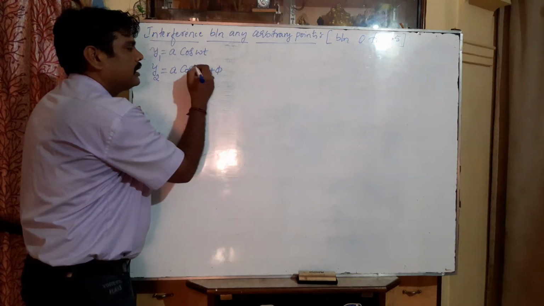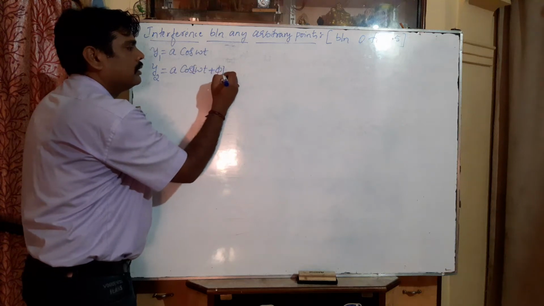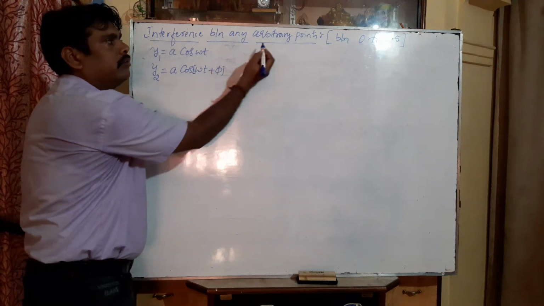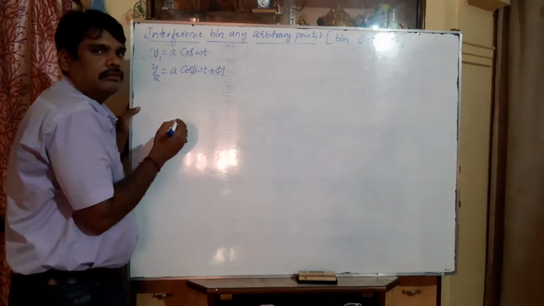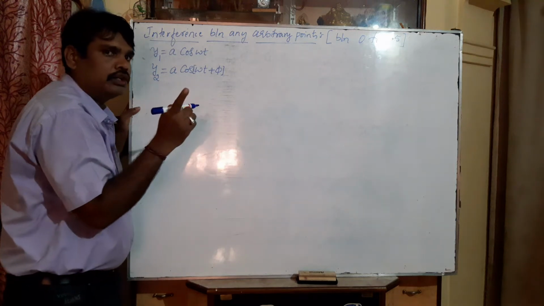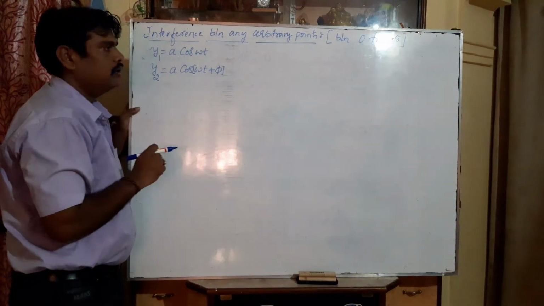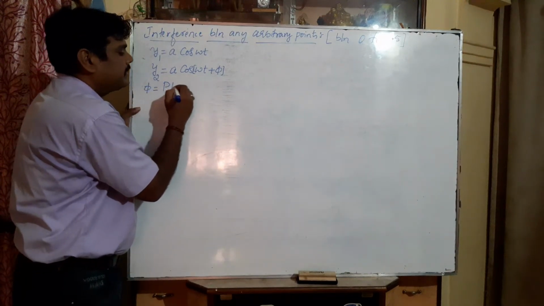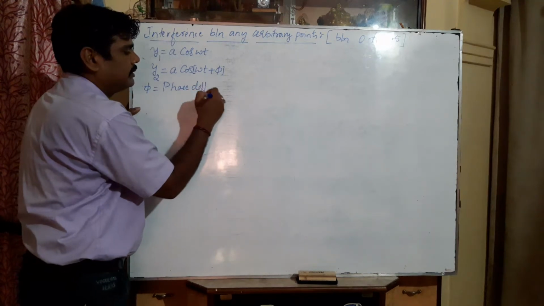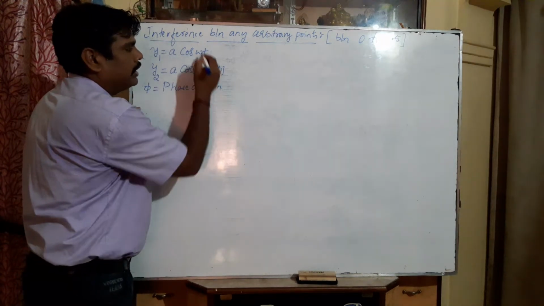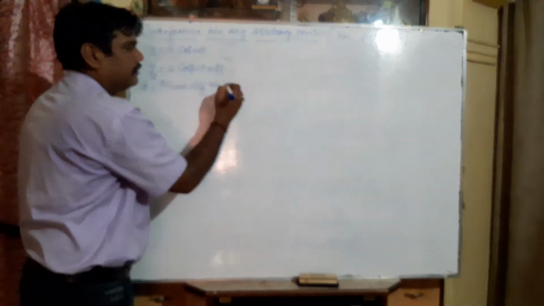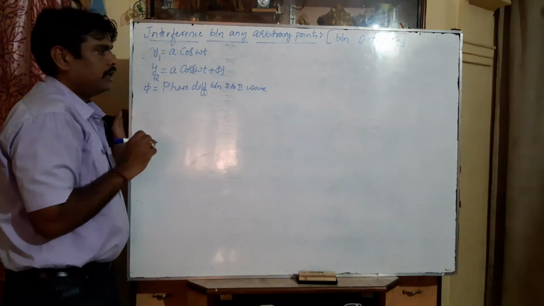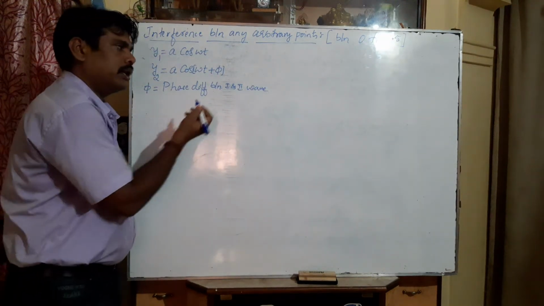So this phi is the phase difference between the first wave and the second wave, where we have taken the arbitrary point. That I already discussed in the previous video, how we have to take. So what is phi? Phi is equal to the phase difference between y1 and y2, first and second wave, at that particular point where we have to consider the constructive or destructive, whatever it may be, arbitrary